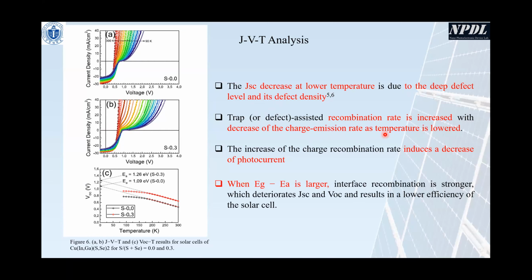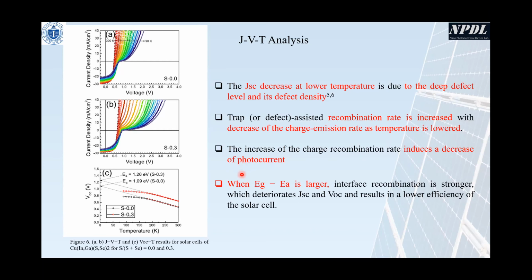That means when the charge emission temperature is lowering, the recombination rate is increased. The electrons slowly move down, and then they can easily occupy the intermediate state between the valence band and conduction band. The increase of charge recombination rate induces a decrease of photocurrent because electrons cannot pass from the conduction band to the valence band, and the state is also easily occupied. That means if it cannot go directly from the conduction band to the valence band, ultimately the photocurrent of the device